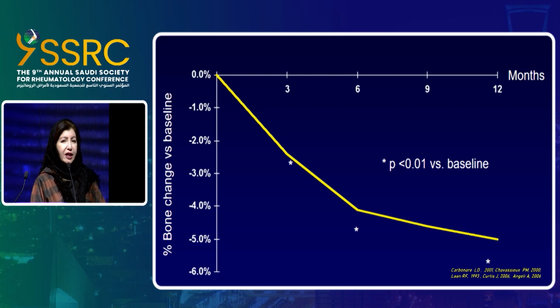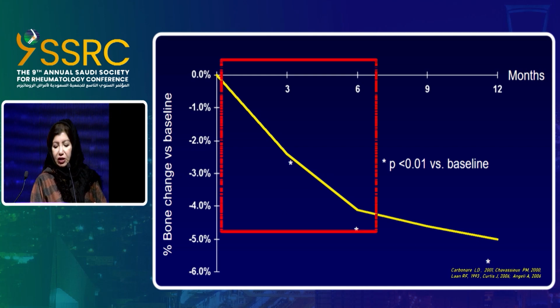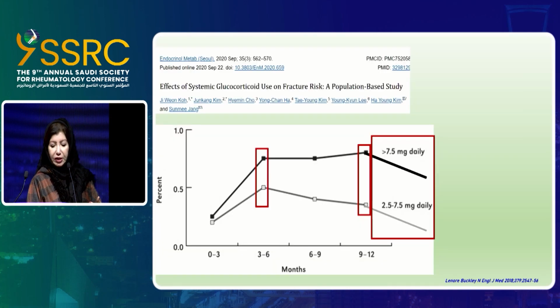When patients take steroids, they lose bone maximally in the first 3 to 6 months. They lose even about 20% of their bone, and then it reaches a plateau or a slow decline. Then when steroids are stopped, there is a gradual increase in bone density, which may take up to 6 months or 1 year. And this is if patients stop treatment, which does not always happen.